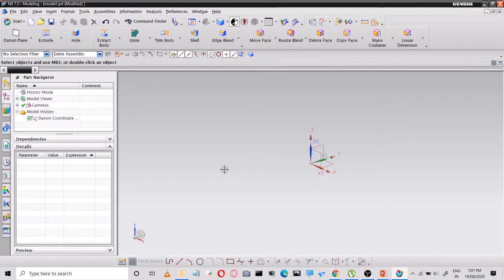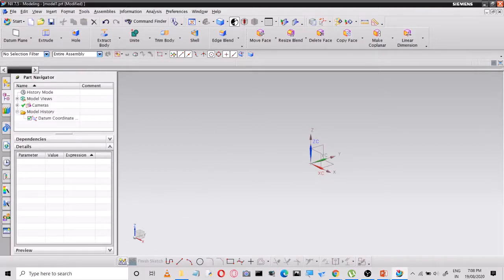One is a working coordinate system, another one is the absolute coordinate system. Okay. So we'll study the absolute coordinate system as well as the working coordinate system when you are going to create the models, when you want to insert the features one over another with some references. Okay. So you will come to know how we can use this coordinate system.